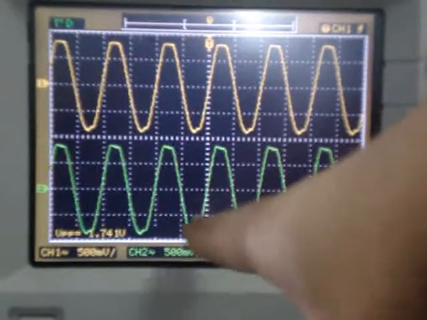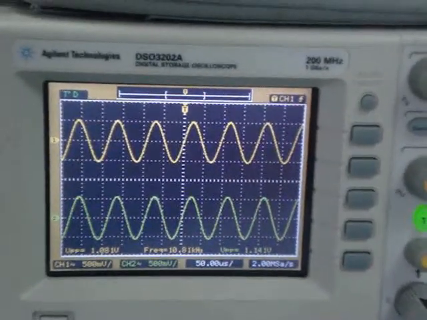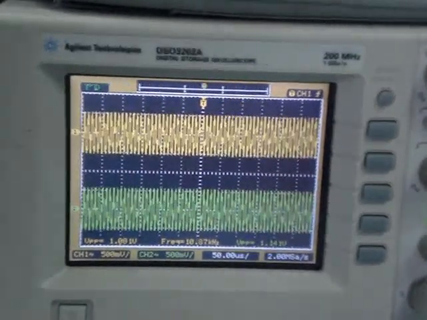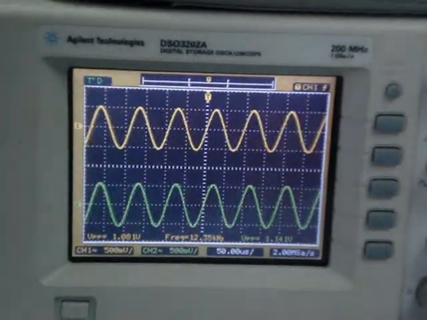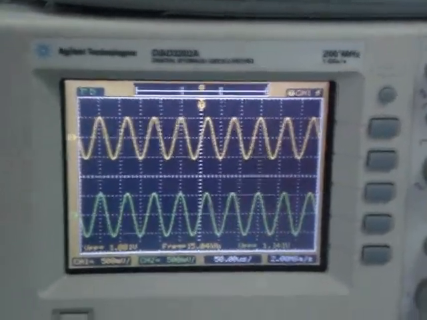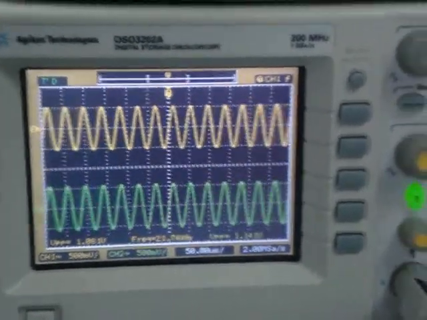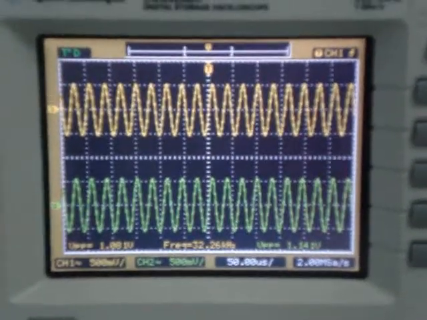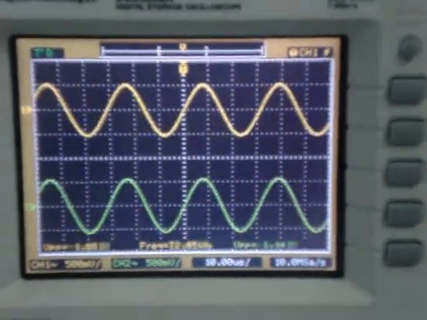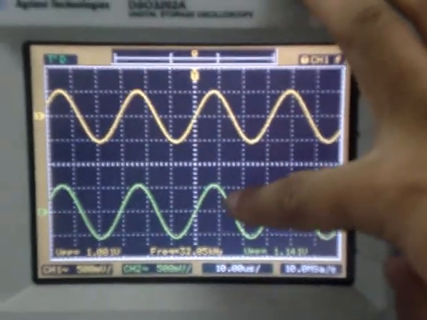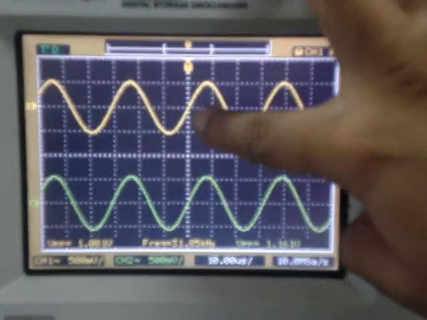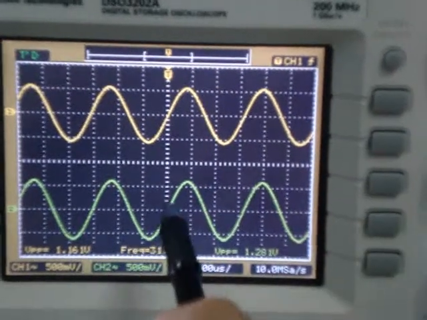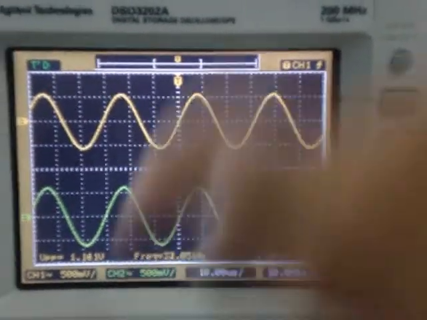You can see at 1.6 there is a small saturation. The gain remains constant and the phase difference is 0. Now slowly increasing at 30 kilohertz. At 30 kilohertz, we observe that there is a slight phase difference. The zero crossing is over here, and the zero crossing is delayed by 0.1 units.